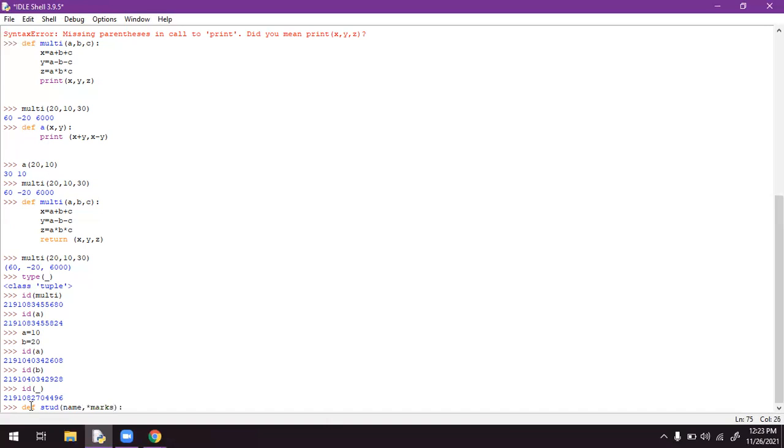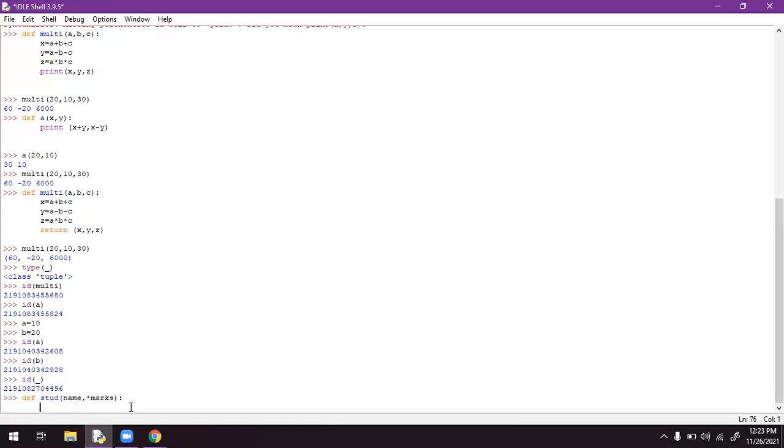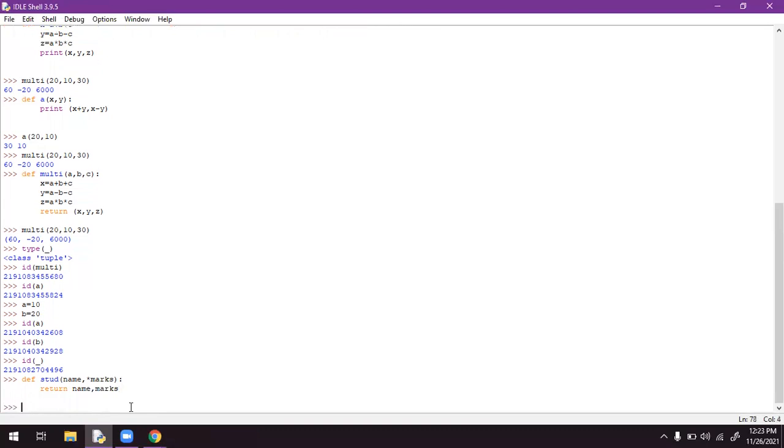In order to define the second category, you must put a star mark here. So I will return name comma marks. It will always return name and marks. If I call stud with brackets, it asks me to enter name and marks.